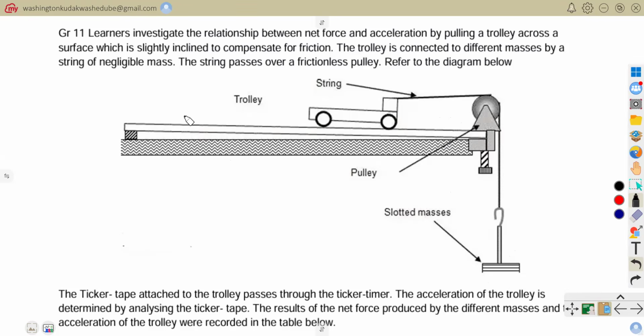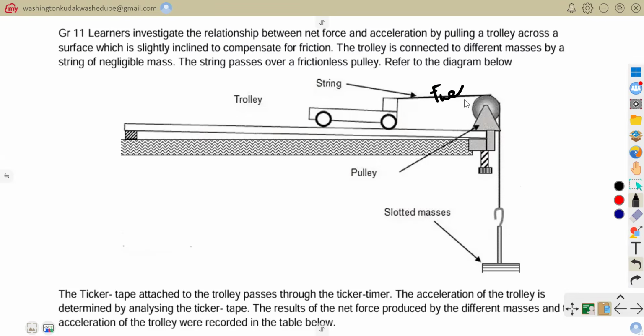You would be able to use some blocks to have your constant track incline, and then use this trolley as well as these masses to deduce the relationship between